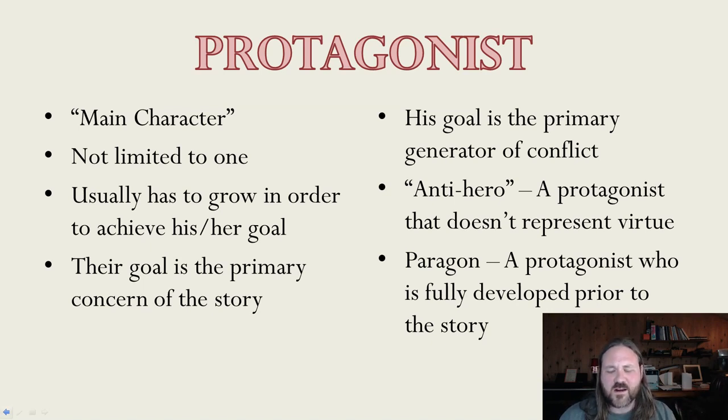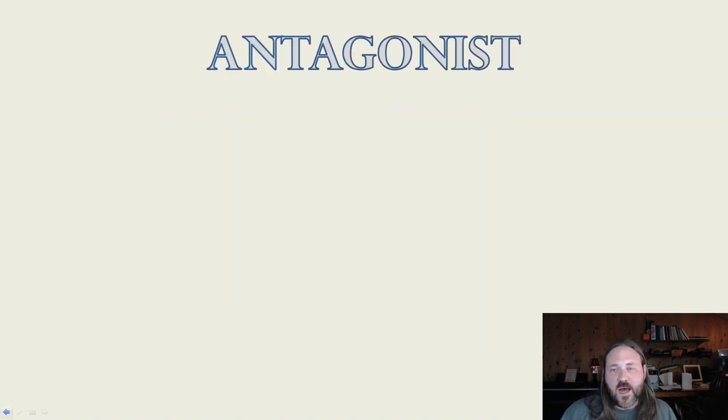You can have paragon characters. I feel like they're fairly popular in a lot of Japanese stories that I get, and you'll find them elsewhere. Basically, you have a character that has a goal and another character who has a goal, and they're in conflict, and the story is really just about the conflict. It's not about them growing up. It's not about them having revelations. It's just about which side will act appropriately to win. Will good and evil win out? So paragon characters are another thing that you may see from time to time.